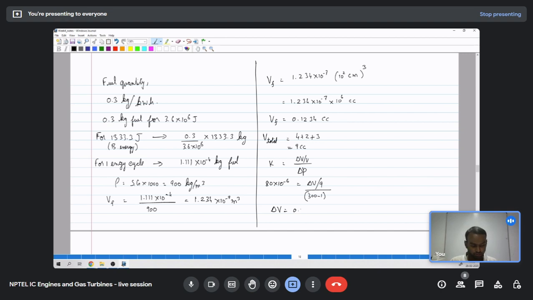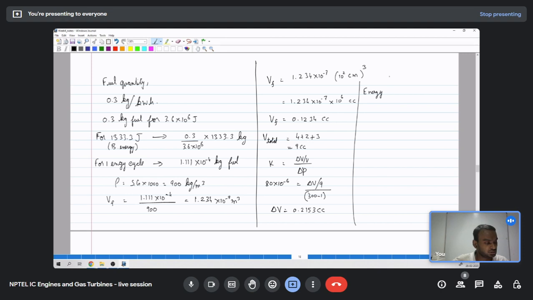So delta volume is 0.2153 cc. During injection, the plunger is reducing the volume because of compressibility, and when it gets pressurized, the volume is displaced by this much. Okay, so now we know, to find the energy